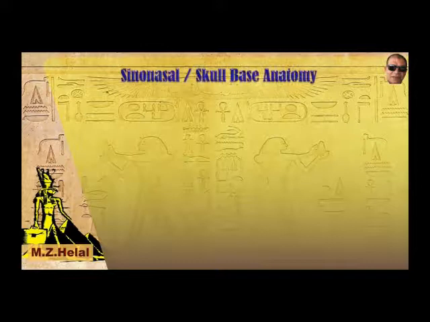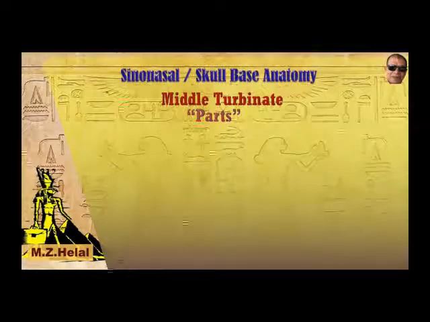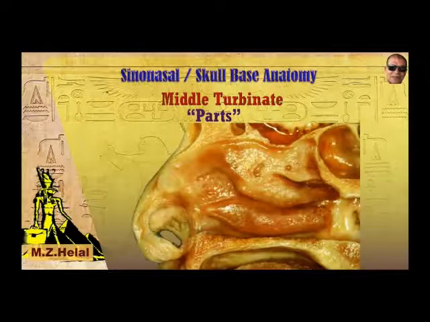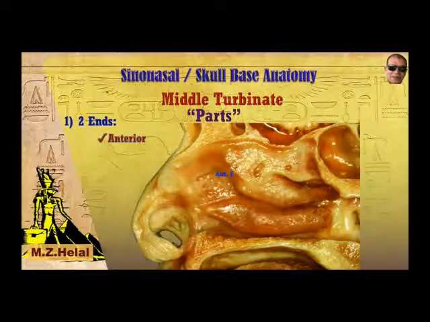We start with the anatomy. Sinonasal anatomy is complex, and one of the complex structures is the middle turbinate. The best description is that it has different parts. It has two ends, the anterior end and the posterior end, a free edge,